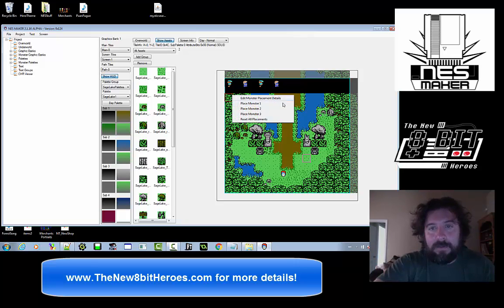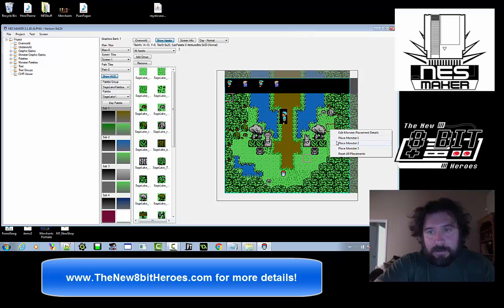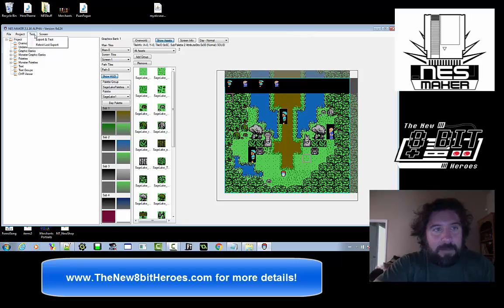When I right click anywhere on the screen, I can start placing monsters. So on this screen, I can place a monster right there, place monster number 1. I can place monster number 2 over here, and I can place monster number 3 over here. And when I place them, it's actually putting them in this order. When they are placed, they're in that order. So if I were to play the game now,